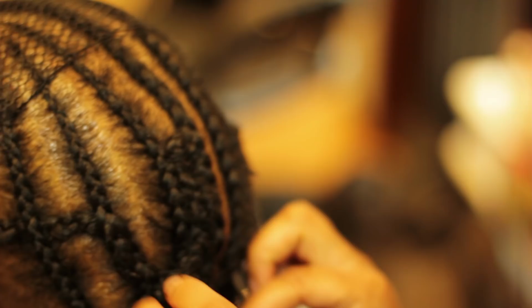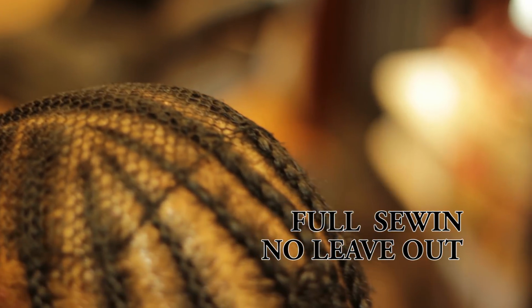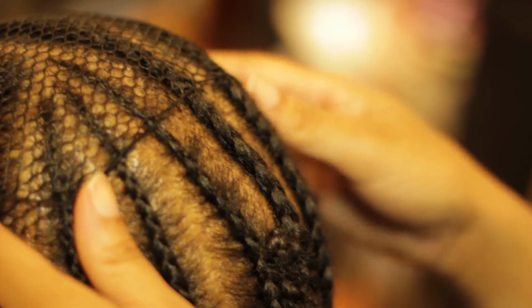And today my video will be to show you all how to do a full head sew-in with a closure, no leave out. As you can see, I have braided the hair down. The braiding pattern really doesn't matter, especially if you're going to use a net. But this is the pattern that I chose, and I braided her hair down. And then once I completed the braids,